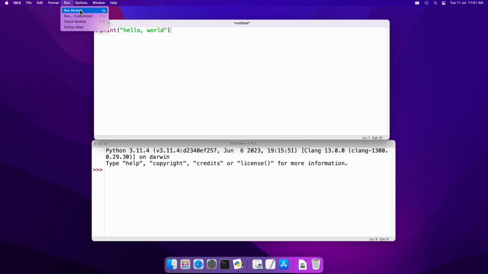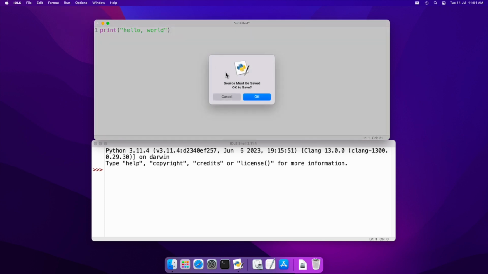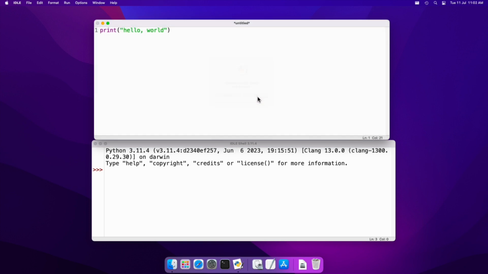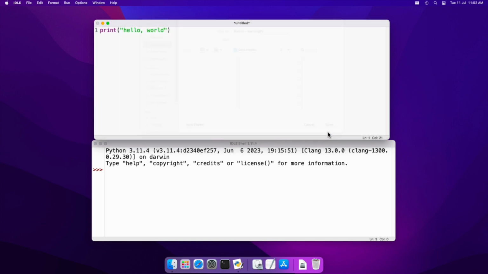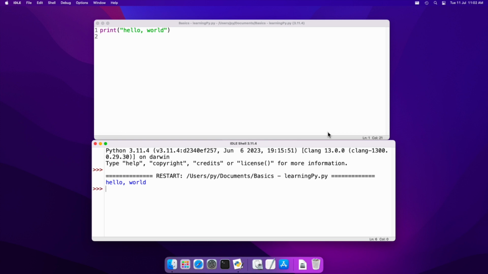In order to run this program, make sure text editor is selected, and click Run menu. Then run module. Or you can press F5 on keyboard. IDLE will prompt you to save the file. Click OK, and type in the file name. And click Save. Once the file is saved, the program will get executed, and will print Hello World at the